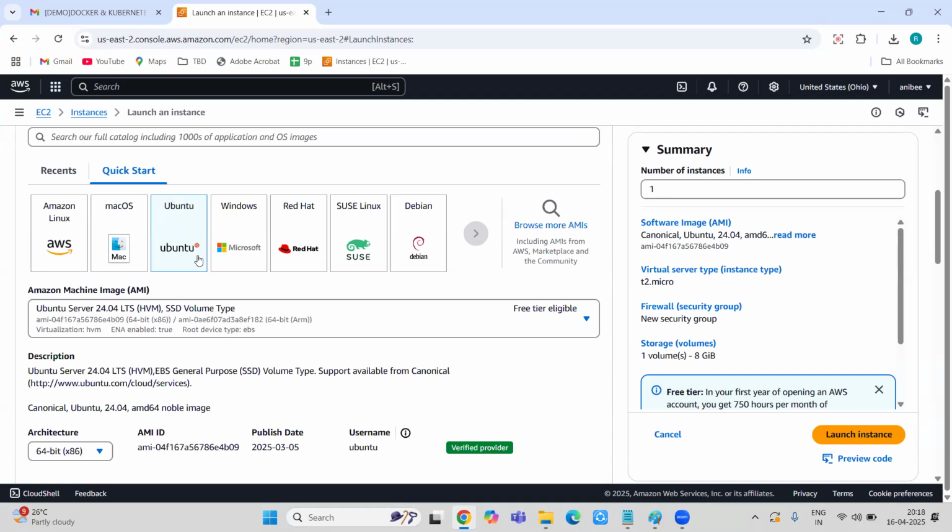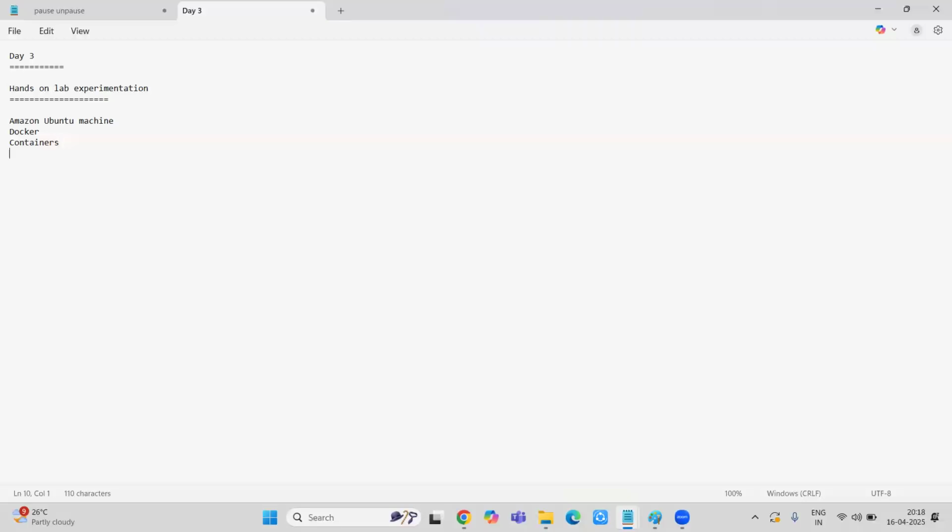In Linux based, that is RHEL based, we'll be using yum install. The package manager would be yum. Whereas in Ubuntu or any Debian based systems, we'll be using apt.